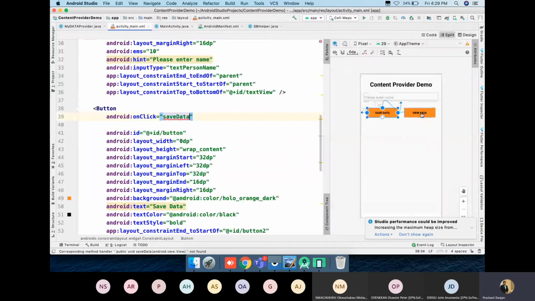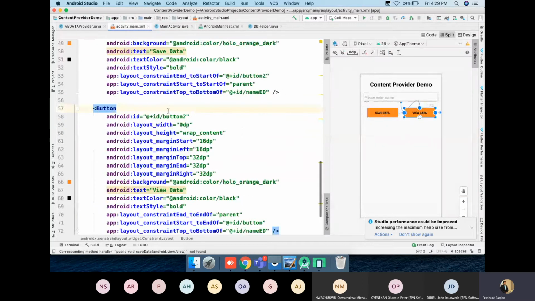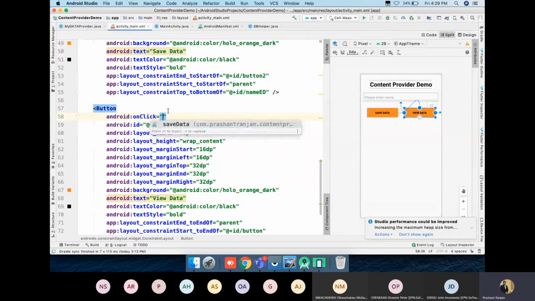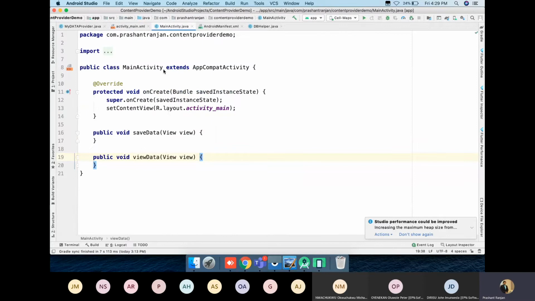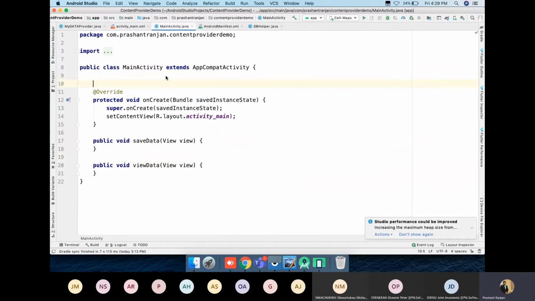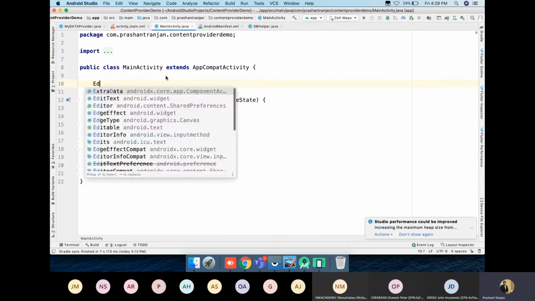Same way I'll be doing here for the view data. Linking is a must, so we'll require the edit text here.